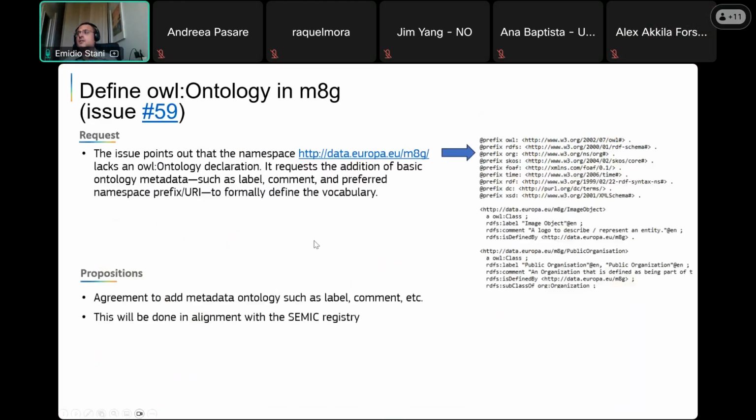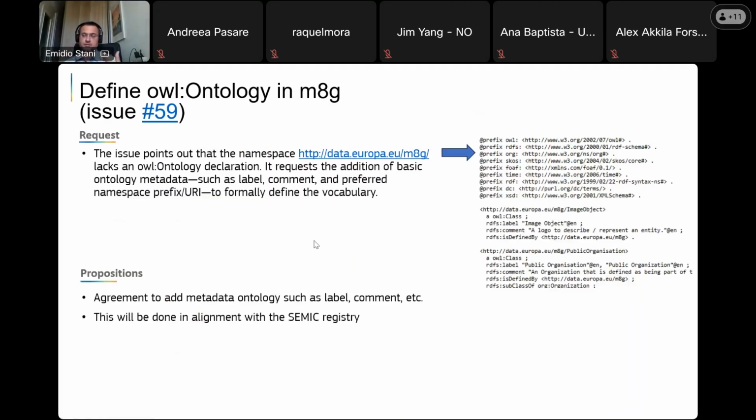In issue 59 for core business, it's a little bit more technical in a way. We put it there because it's important also to associate this issue to an activity that we are doing. The issue is about describing all the concepts that belong to core vocabularies, which can now be found under